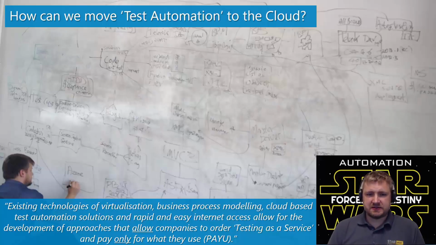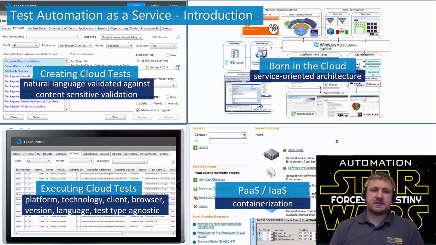So when I was asked to do this last time, I sat there, and as you can see from this slide deck, I landscaped out all the components that would potentially be required to do a much more scaled automation solution. And later on in this episode, I'm going to introduce a case study, with some bonus material, going through each one of these components and understanding the tools and technologies that I was using for each component, which are completely agnostic to any particular vendor. But as I wanted to give you a bit of understanding of my background in this area, I wanted to introduce you to test automation as a service.